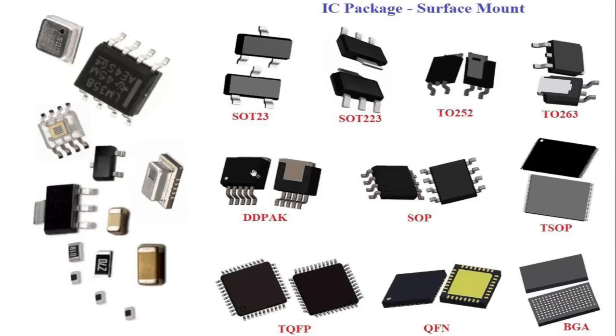Now let's talk about the SMT components. SMT stands for surface mount devices. SMT components are different from through-hole components in terms of placement and soldering because they usually have small leads. They are meant to be soldered on the same plane where we place our components. The main advantage of SMT components is that they speed up the manufacturing process because we can use machines like pick and place and wave soldering. So it is very good for manufacturing, and we can do it very quickly.